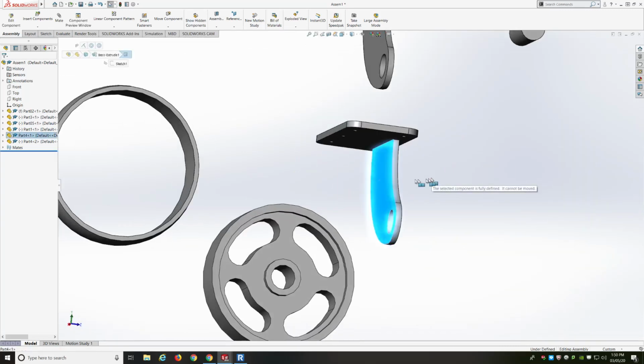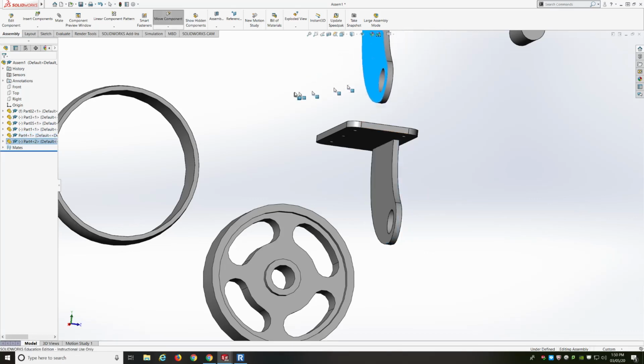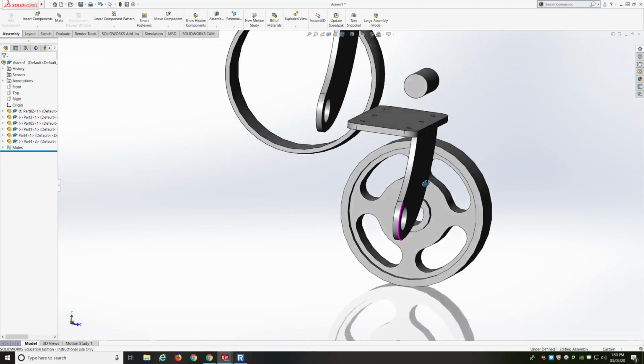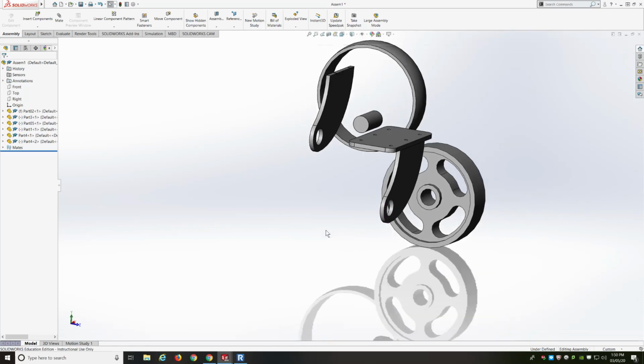And now this is stuck. This is stuck for good. I can left click and try to drag it, and it's not going anywhere. All the other stuff, I can still move. So I can't move this anywhere. It's locked in because it's properly mated. All right, so to continue,